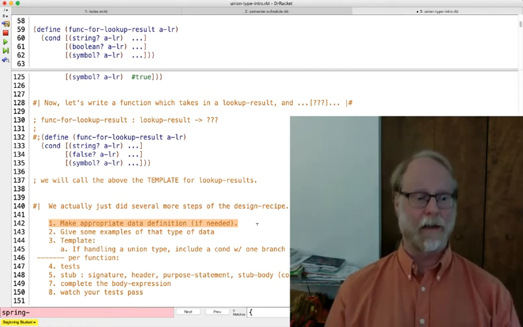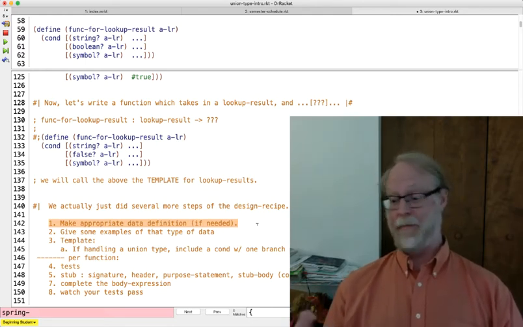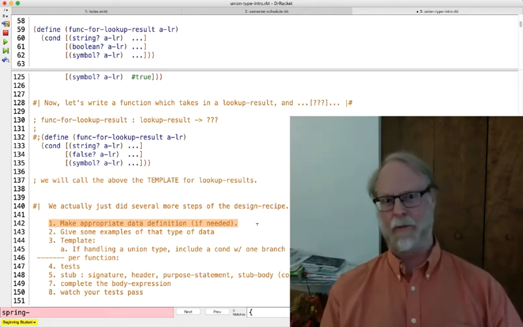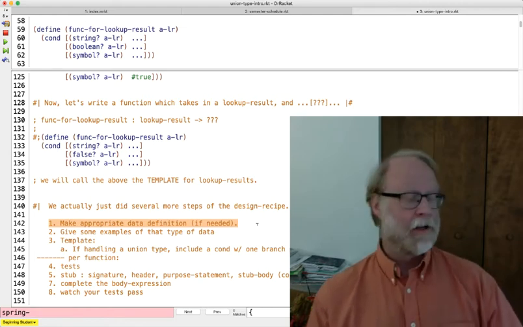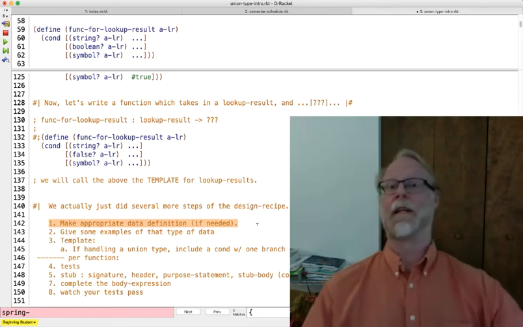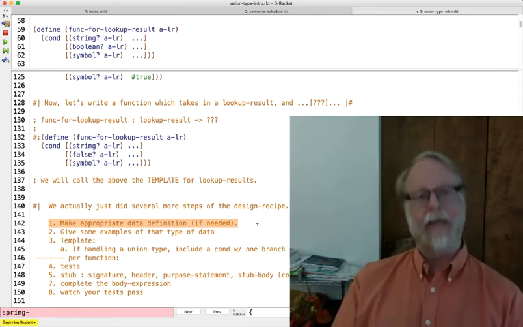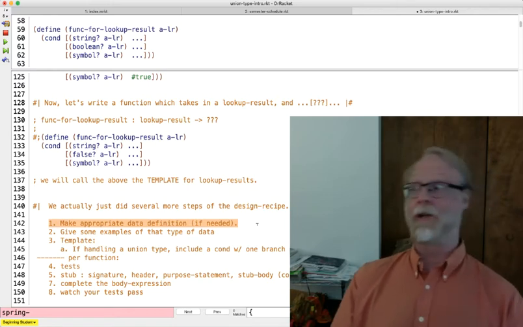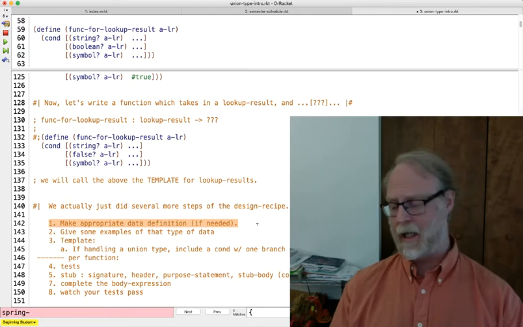Hey, I need to represent a lookup result inside my program, get it passed around. There's 3 things that can happen. It can be a real username, or somebody who wanted their privacy protected, or an invalid request. So, gosh, how do I represent each of those things? And I gave that to you. I gave you the data definition. But in general, in your problems, the first thing you do is, hey, I need to represent a program, and one of the things I need to represent is